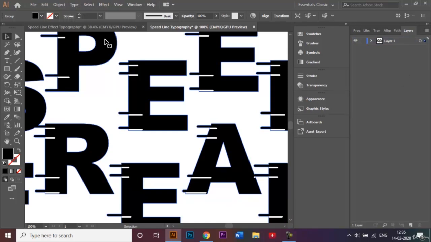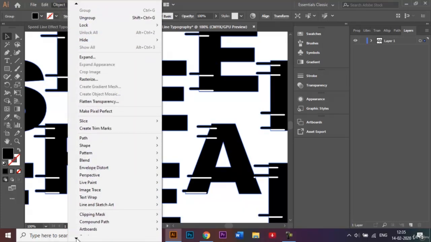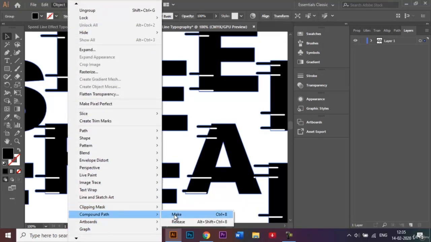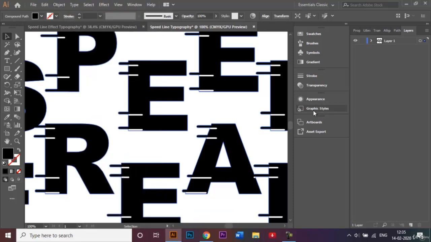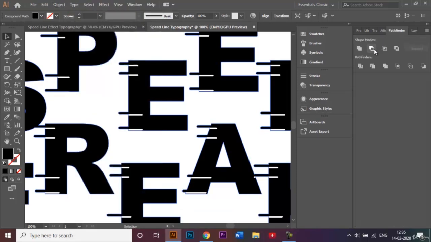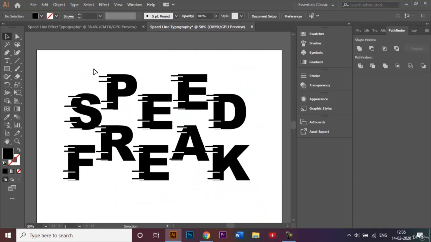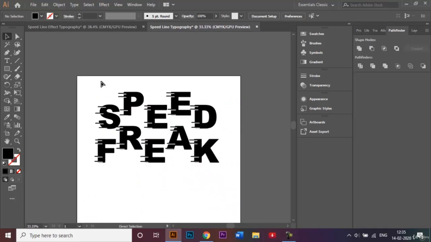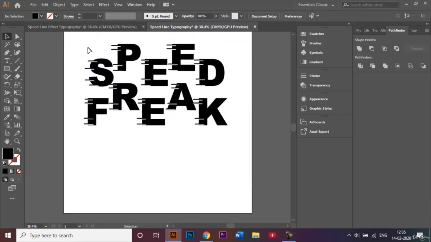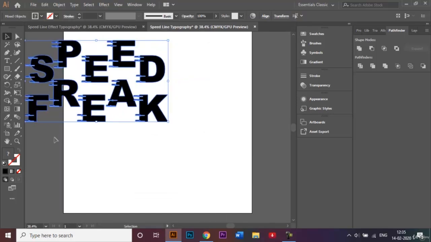So we will have to create a compound path for the next step, which is going back to object, coming down here to compound path and make. After that, we'll go back to the pathfinder tool and click on minus front like that. You can't really see what happened right now, but if I select all of them and take them outside like this,